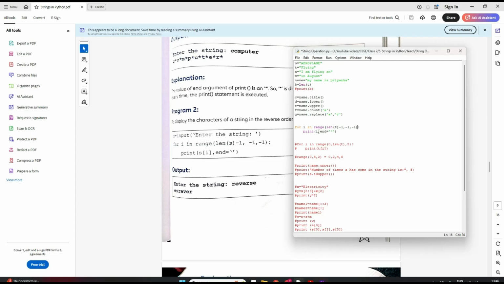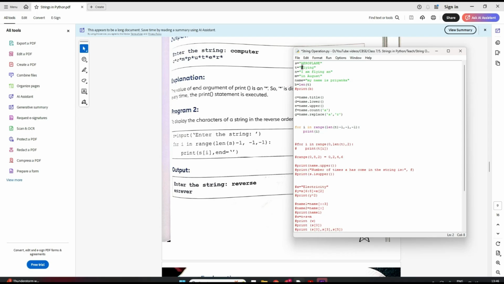So let me just remove this for timing. So here, students, did you understand this? This is like I have to traverse backwards. So from the end. So what is the index of this G? It is the total length, which is your 6, right? So the index of G is 5. So it will be 6 minus 1, right? So that's why I wrote here length of T minus 1. So that's my starting point, correct?